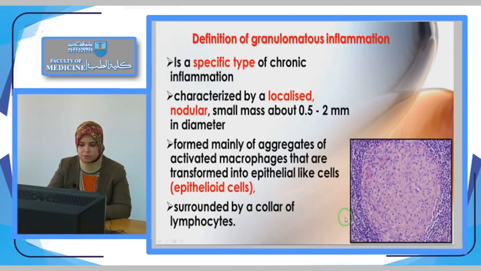So here we have this pink aggregate that we see, which is an aggregate of activated macrophages or the epithelioid cells, surrounded by a rim of these small violet cells that are darker in color. These are called the collar of lymphocytes. And we agreed that of lymphocytes, only the nuclei are visible under the microscope because they are surrounded by a very thin rim of cytoplasm, and this gives me the impression that I see a dark violet part surrounding the epithelioid cells.